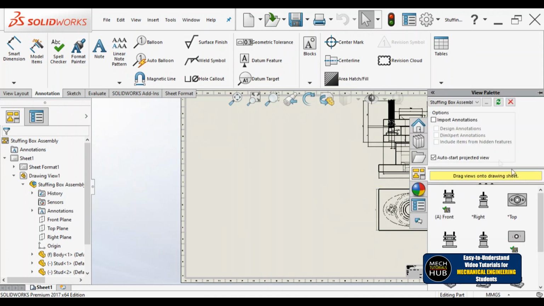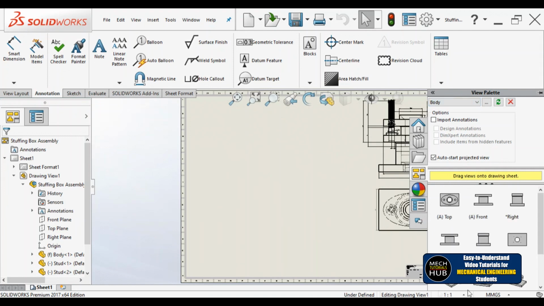Now I'll go to view palette, check it out here. Initially we don't have all the parts, only we have a stuffing box assembly. Now if I scroll down, you find gland, bush, stud, body, every other thing is available. Now you can make use of these parts and you can make individual parts. As the main part is body, you can click on body.